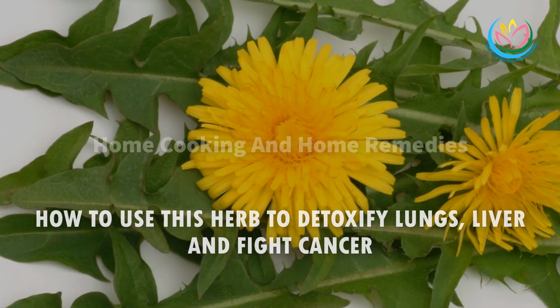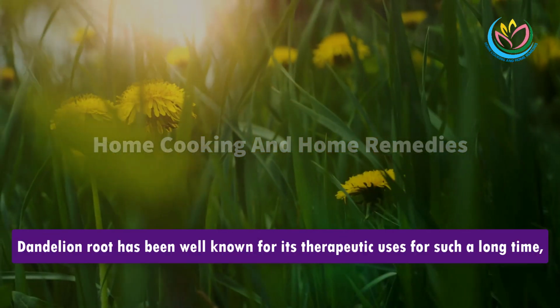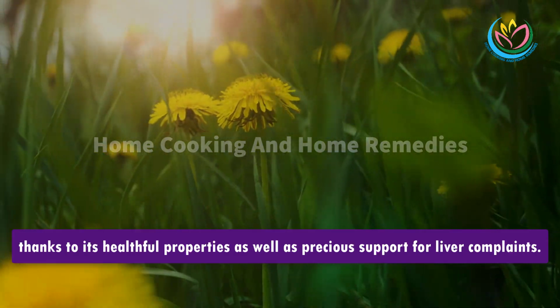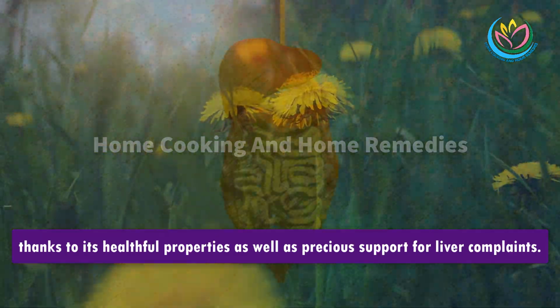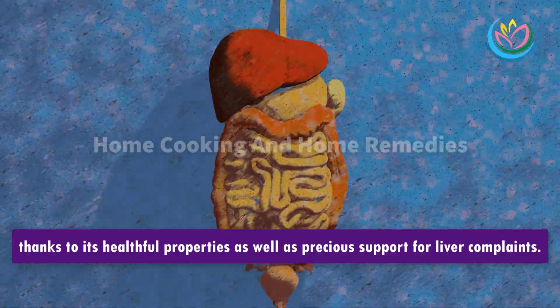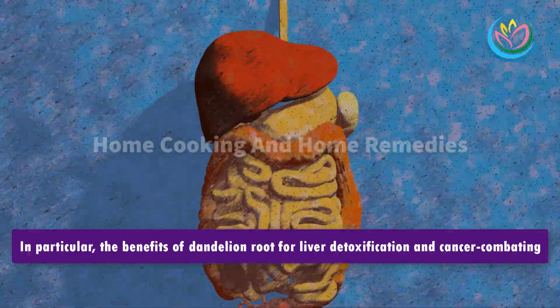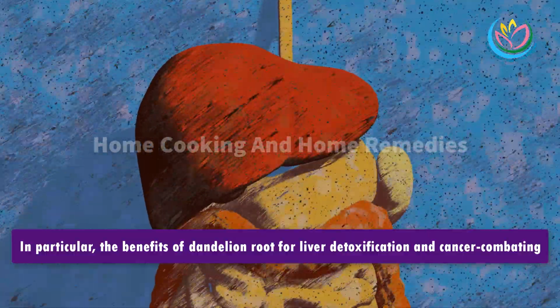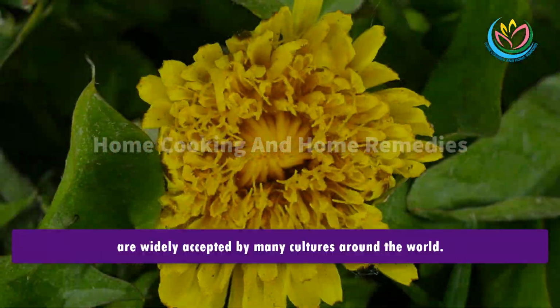How to use this root herb to detoxify lungs, liver and fight cancer. Dandelion root has been well known for its therapeutic uses for such a long time, thanks to its healthful properties as well as precious support for liver complaints. In particular, the benefits of dandelion root for liver detoxification and cancer combating are widely accepted by many cultures around